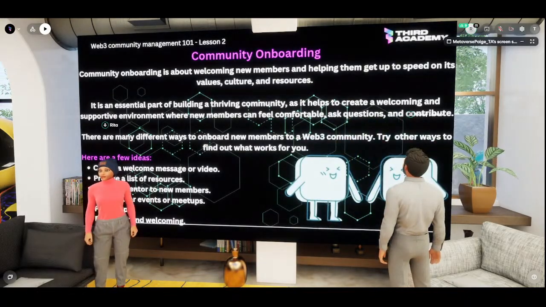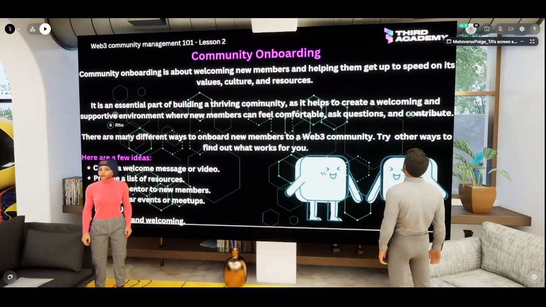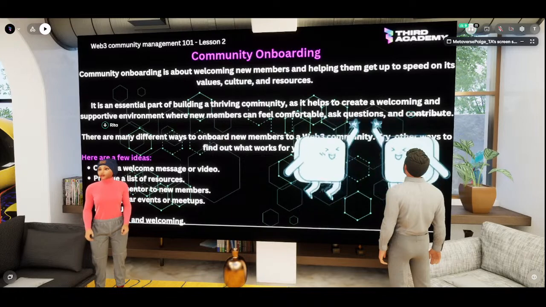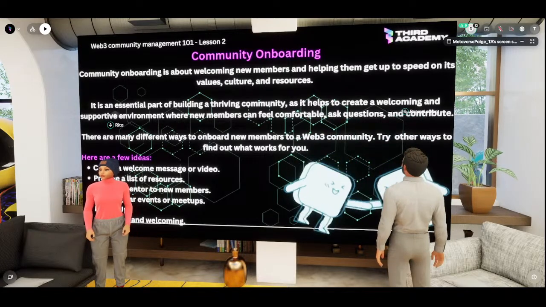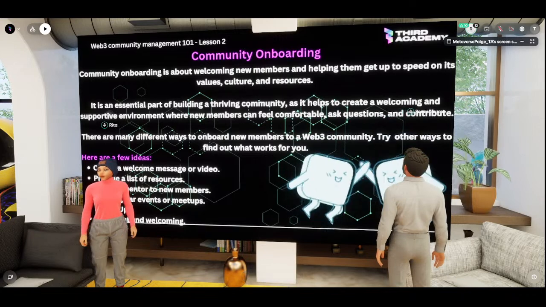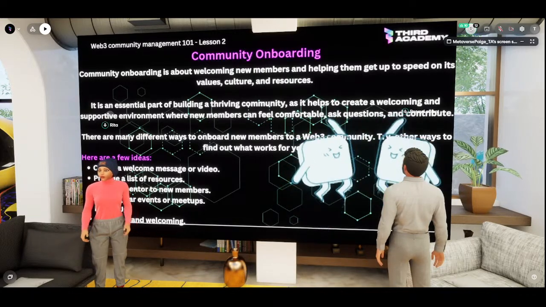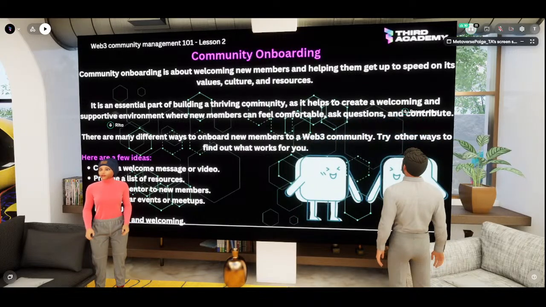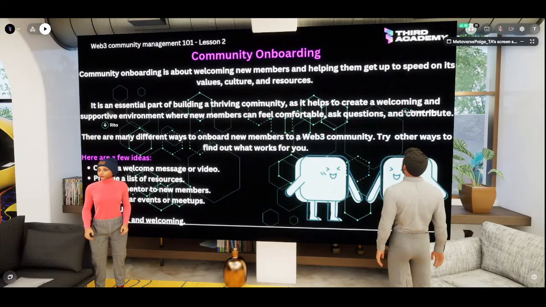If it's not working and you feel like you're not seeing the results, you can reach out. Members join the community for a reason, and it could be that you have not been able to meet that reason, right? So you want to find out from members. Go on a call with as many community members as you can. Have a conversation with as many community members as you can, understand their pain points. Why did they join? Have you met their needs? What can you do better?